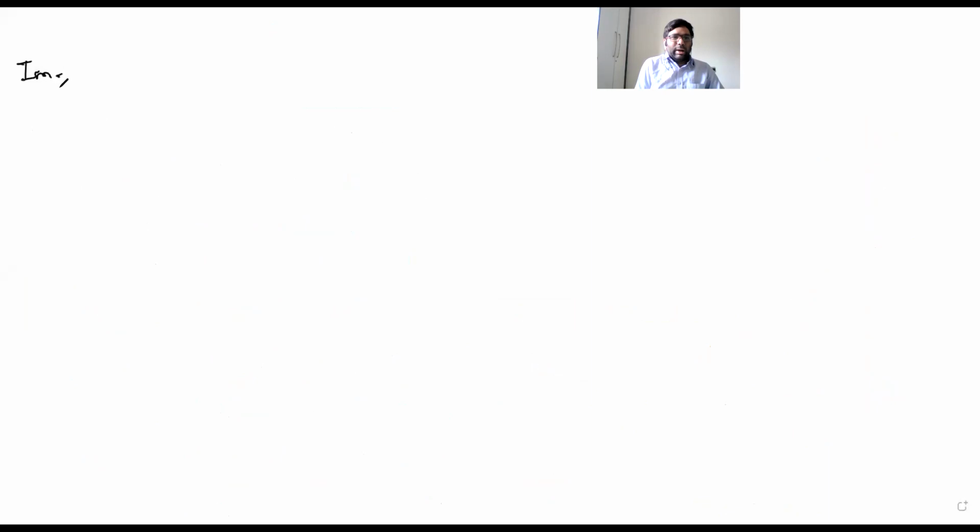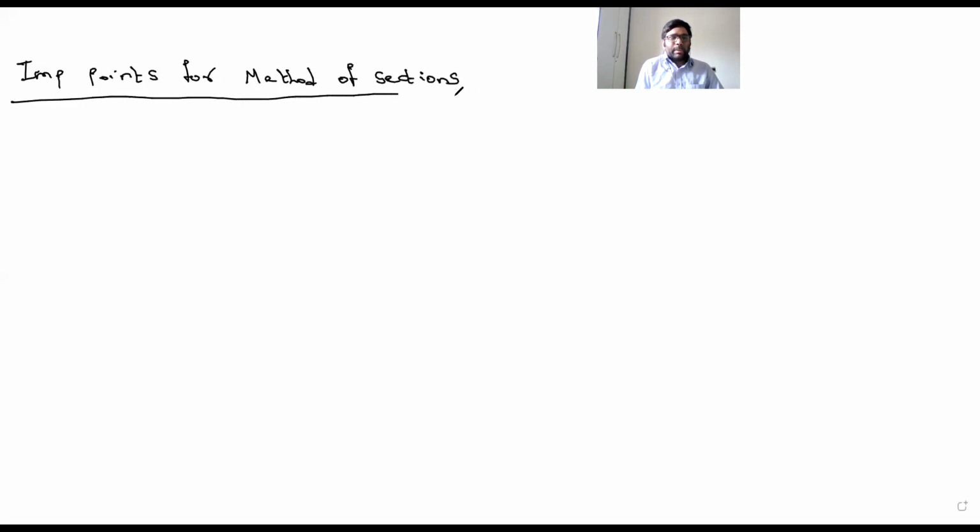So important points for method of sections. First one, cut the section appropriately